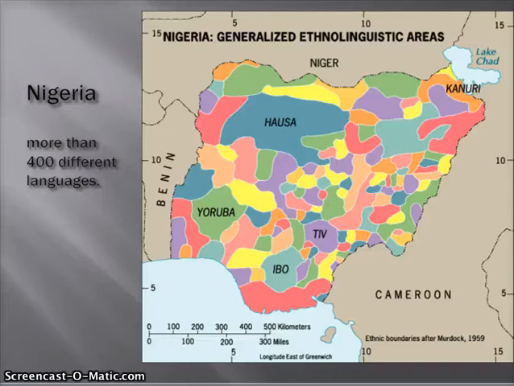Okay, so picking up with language, we just left off talking about extreme language diversity in sub-Saharan Africa. And this is just to give you a better sense of that. This is just looking at Nigeria alone, where more than 400 different languages are spoken. So you can really get a sense of the language diversity in this part of the world.